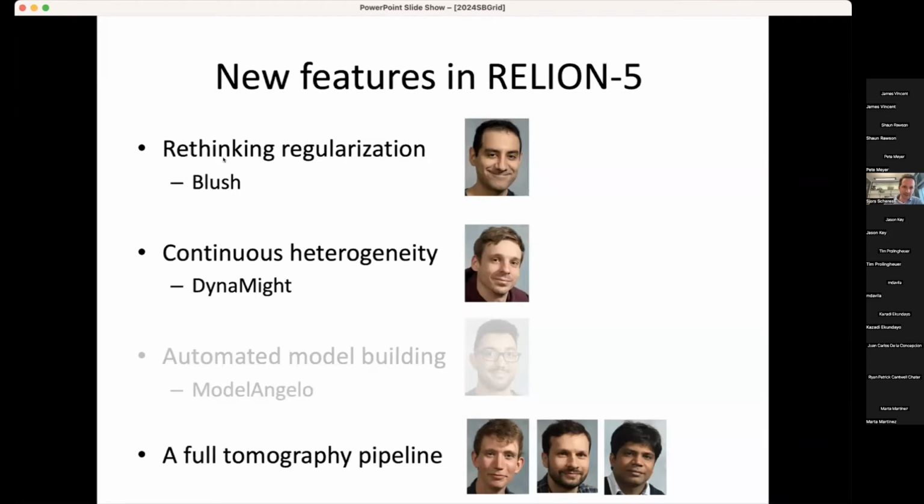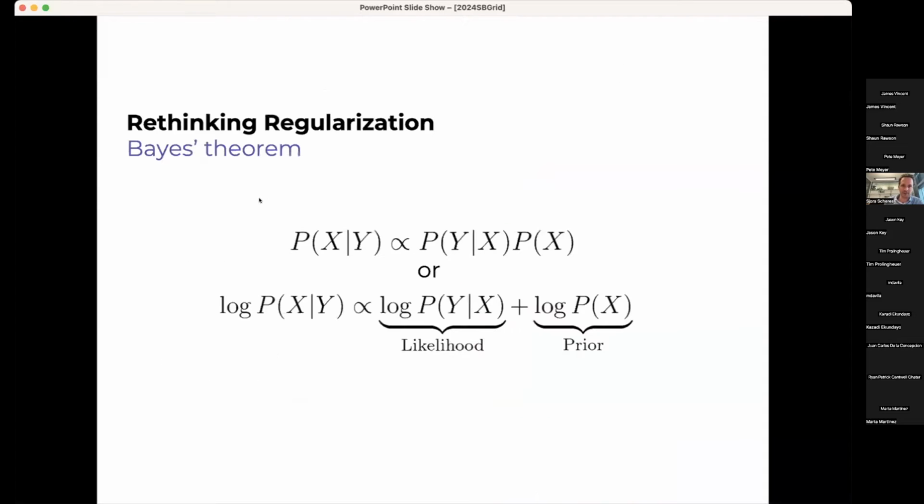Good. Let's start then with the regularization, a new approach for regularization by Dari, and he called this Blush regularization. So I think one of the main successes of Relion has been the explicit formulation of the cryo-EM reconstruction problem in this Bayesian framework, where we combine a likelihood function that describes your forward model with an explicit prior that expresses the prior knowledge you have about the model in the absence of